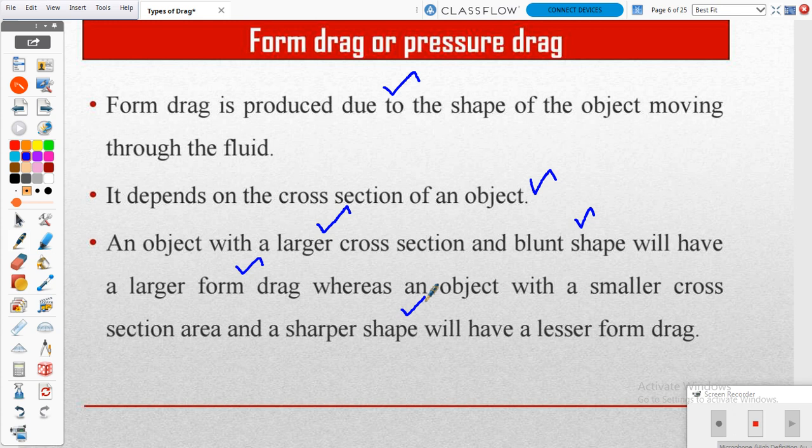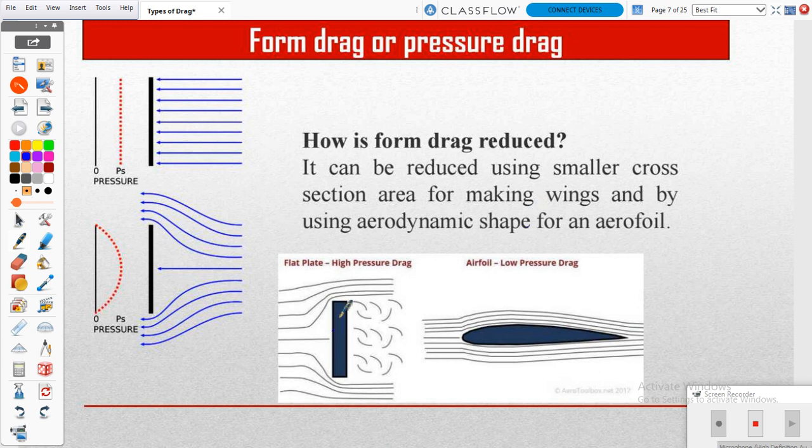It fully depends on the shape of our object. This is the example. You can see this is the first figure and this one is the second figure. The second figure looks like an aerofoil, so there is no air disturbance on our airfoil. Based on this principle we can reduce form drag. A smaller cross section area is needed.